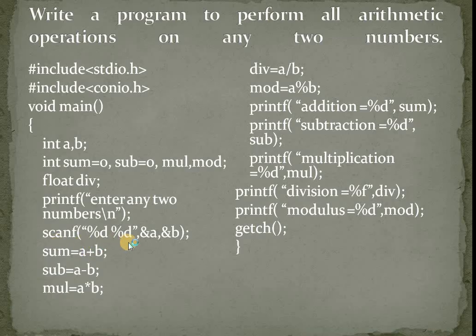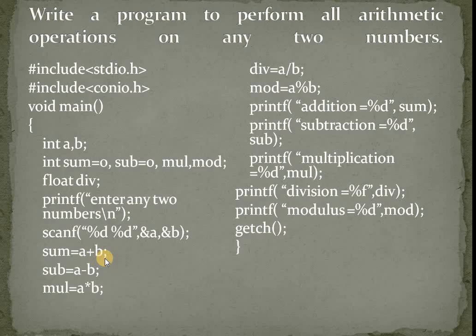Okay, so here we are going to input values a and b. For scanf we are going to require %d for a and %d for b. These two functions, printf and scanf, we shall discuss in the next chapter. So now here we have inputted the values of a and b.